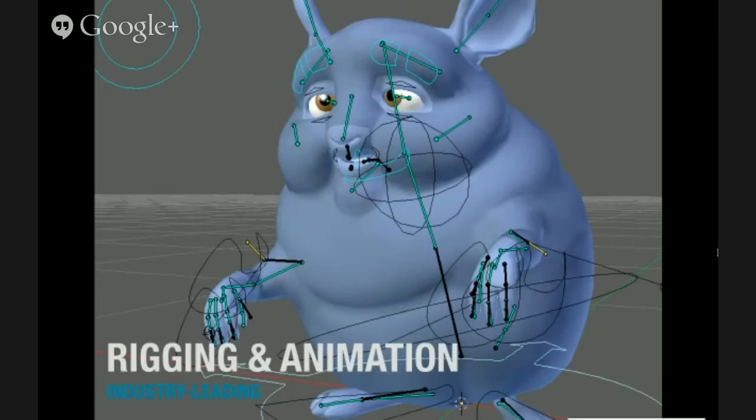There's two steps to this. One is you rig, where you put the bones in place underneath your detailed mesh. Then animating is usually done by somebody else, who will then control the rig to make animations that you see in the finished product. And Blender's animation suite is actually very good. It wasn't always, but in the last few years, it's become essentially industry leading. It's kind of nice.